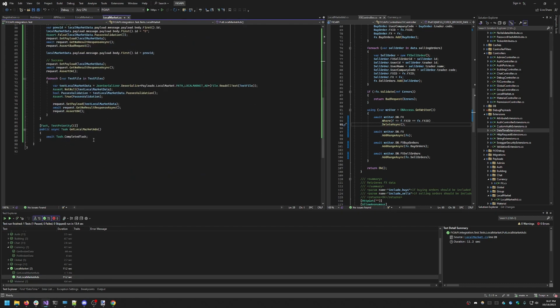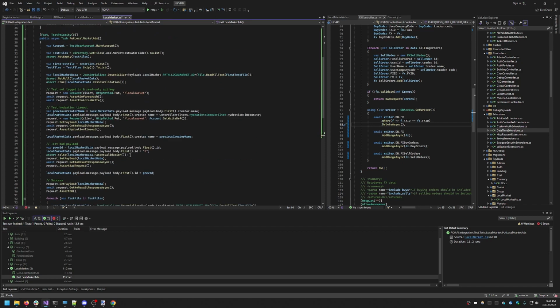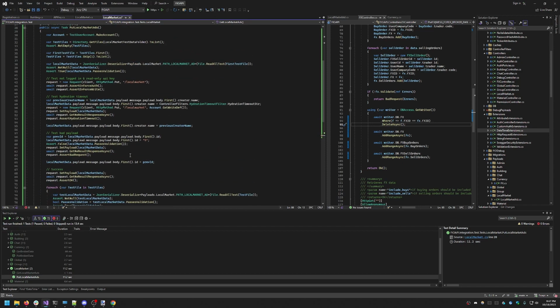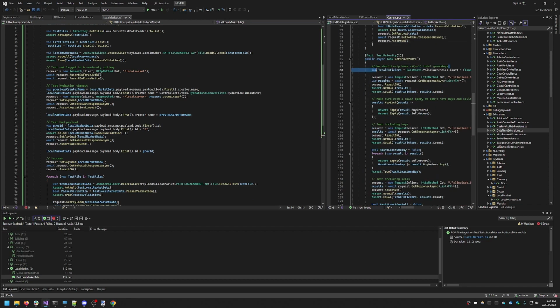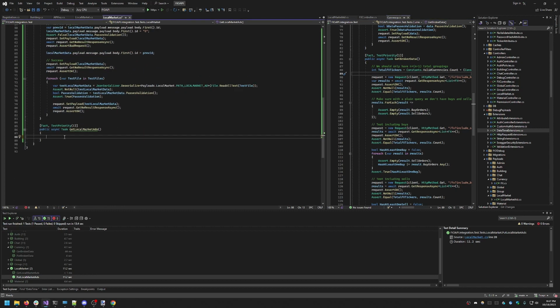So it's pushing all this data now. So now we need to test getting it. And we don't need an account for this one. So let's go to get broker data. We don't have to test that. Okay, so we're going to do request equals new RequestClient. This time it's a GET, a local market. So my question is, I think we're going to stick to this, we're going to be a little simple here. We're going to do